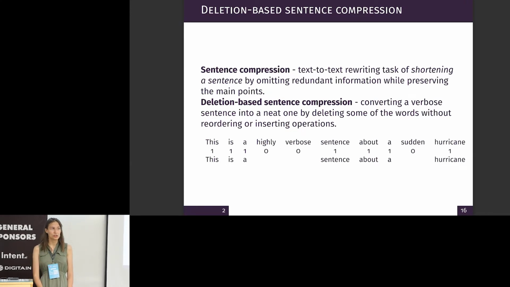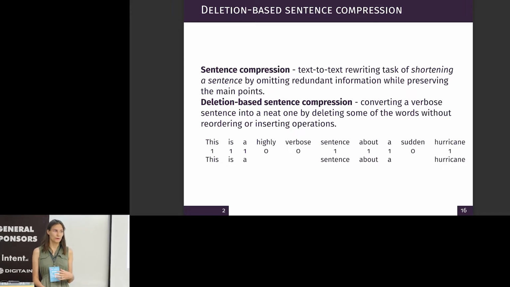And usually now it's solved as deletion-based sentence compression, when we consider removing some words but do not do any other operations like paraphrase, reordering or insertion of more words. So you just remove some words, the others will stay. You can see an example of an English sentence on the slide. As you can see, it can be viewed as a binary classification task of a sequence, when we classify words with stay, which is one here, or remove labels, in order to obtain a compressed sentence.